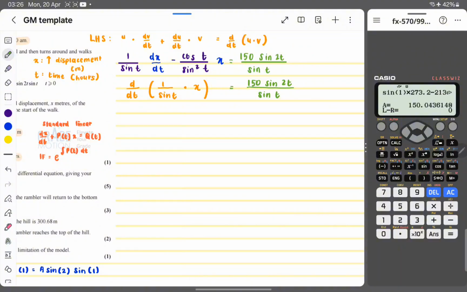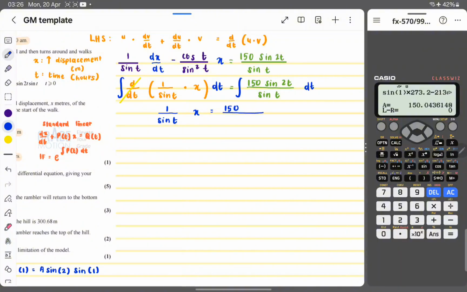What we're going to do next is we will integrate both sides. So integrate dt, integrate dt. For our left hand side, this is quite straightforward. Integration and d dt will cancel each other. So we will get 1 over sine t x equal to